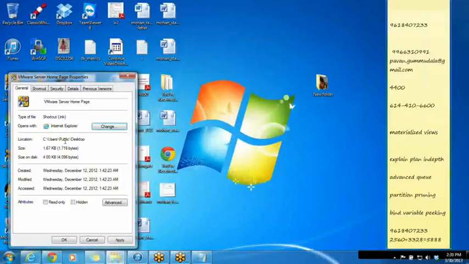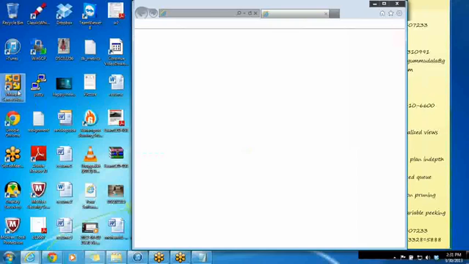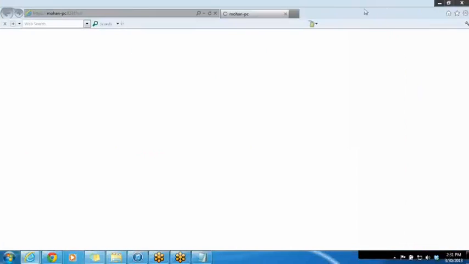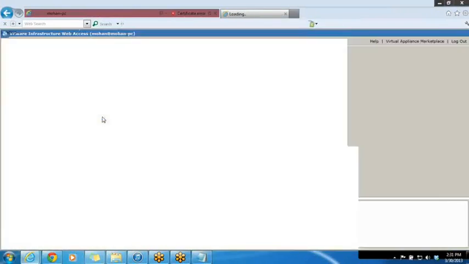Okay, this application needs to be opened with Internet Explorer. It cannot be opened with any other browser. So try to change the default browser to Internet Explorer and click on Apply and then OK. Once you have everything set up, you just need to double click on the icon. Just click on Continue to website,